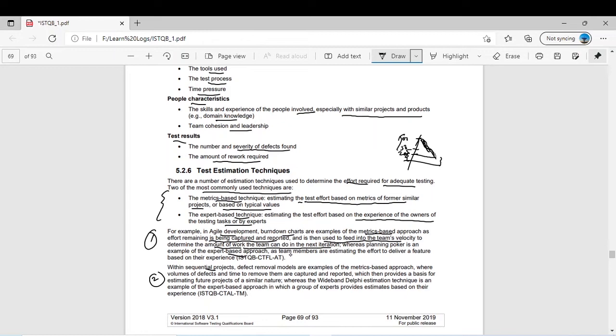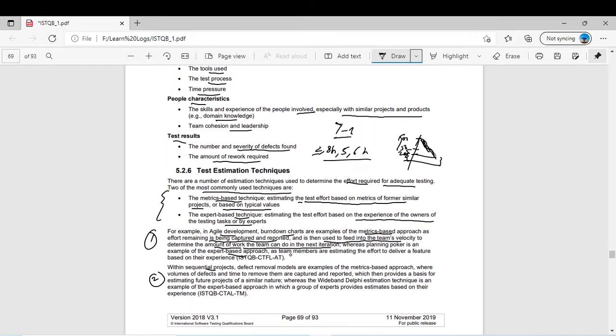Again, like those who are familiar with agile development, they know we play this game, planning poker, or let's say estimation, we do for a particular task. Let's say you have task number 1 and there are 5 members in the team. You ask how many hours you think we will need for this task. Like all 5 will show some cards or will estimate. Let's say one says 2 hours, the other junior member says I think 8 hours, one of the senior members says 2, one says 5, 6 hours, and then